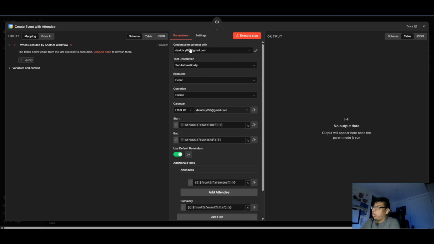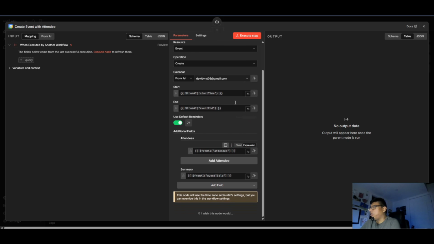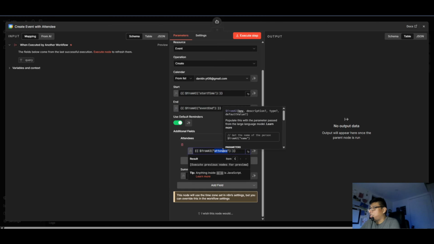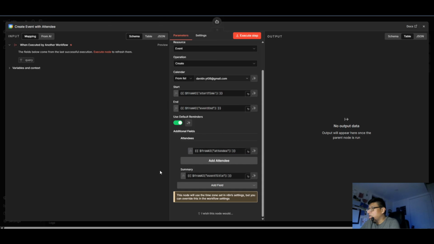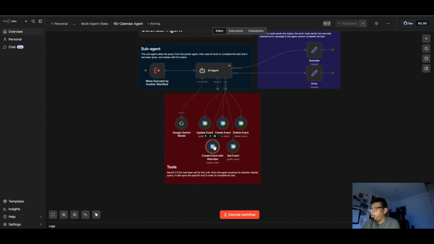You put in your email address there, set automatically, and then create, just like the create node. Very simple, very similar. The only difference is that you want to add another field here. And what I did here is I just copied, pasted it here, and then I changed this to attendee. That's all I did right there. And then that one is called create event with an attendee.